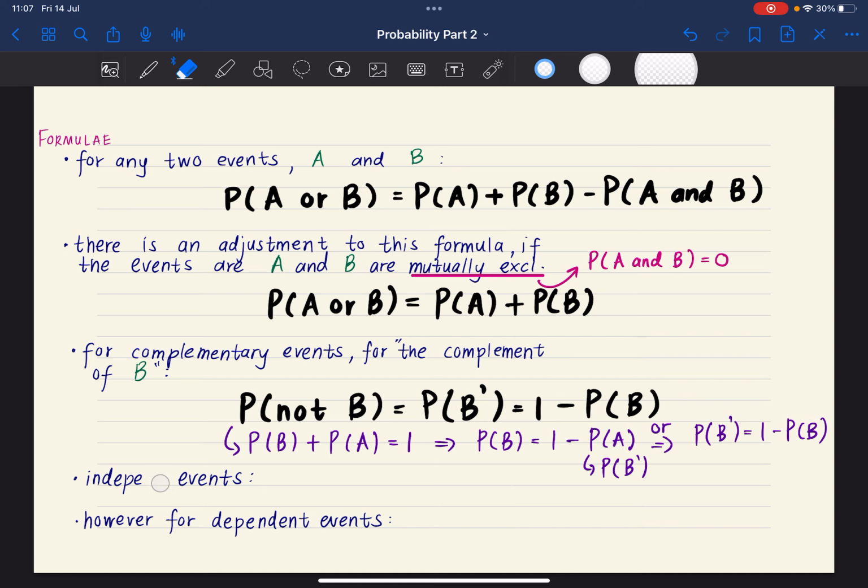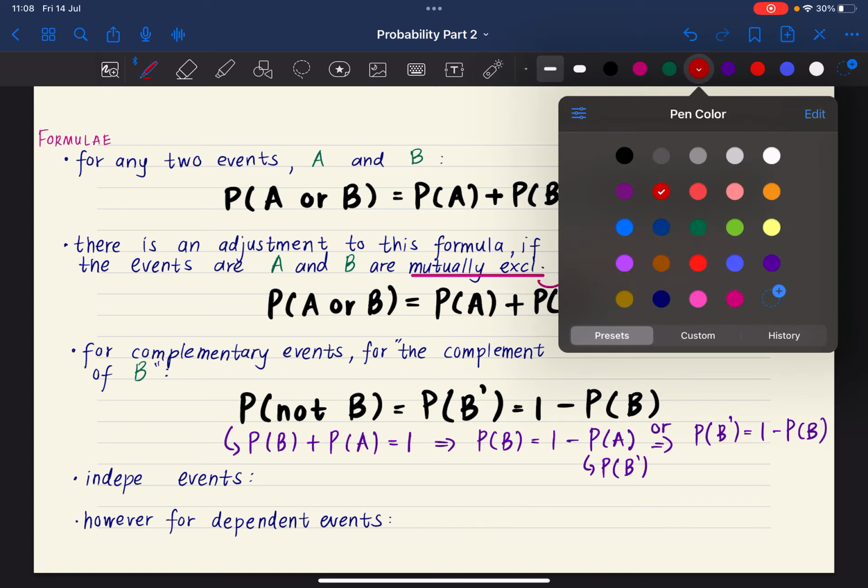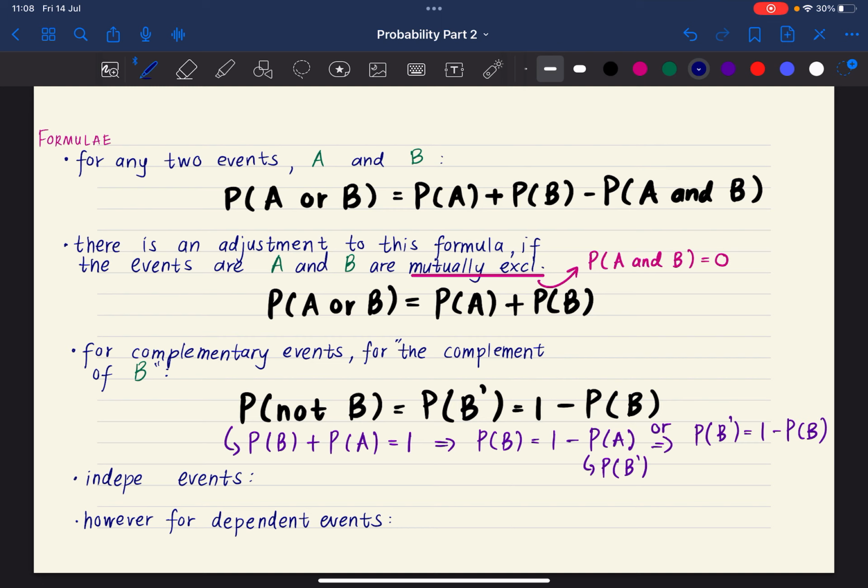Look at this spelling error, yo. I should be ashamed of myself. Independent, not independent. Sorry, guys. I have to fix that up. Independent